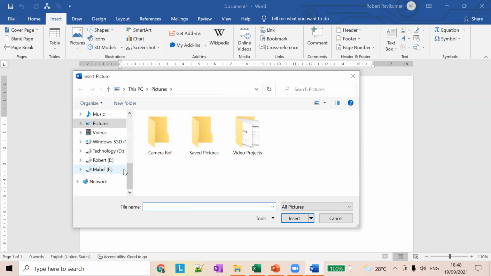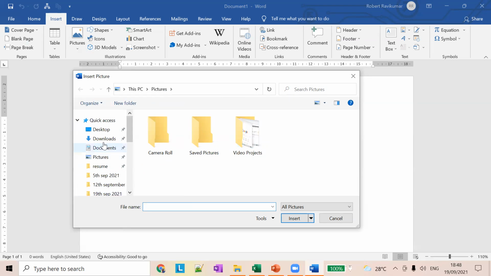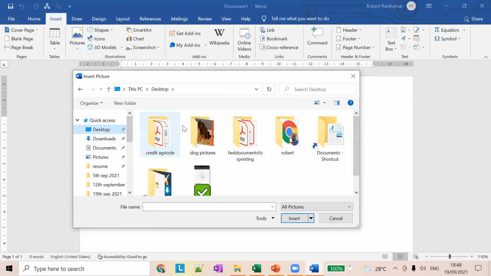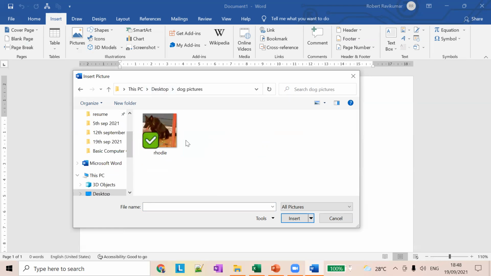Let's say I have a picture on my desktop. Inside my pictures folder on the desktop, I have a picture of a dog. I can select this picture and click insert.